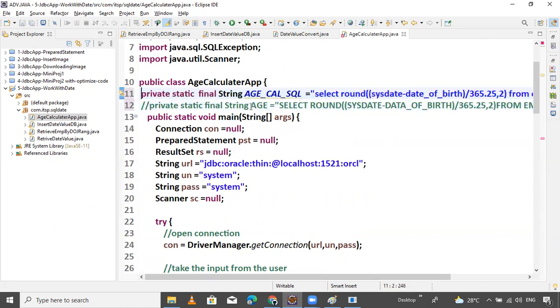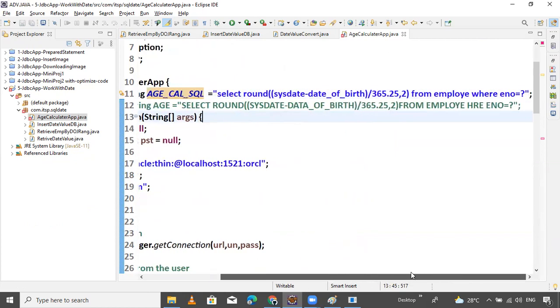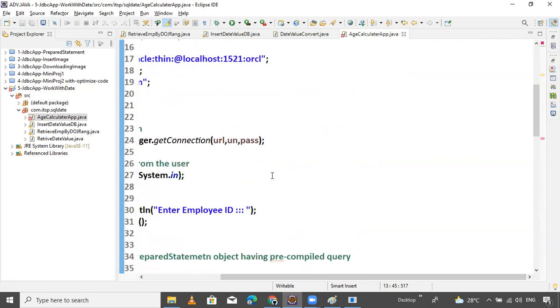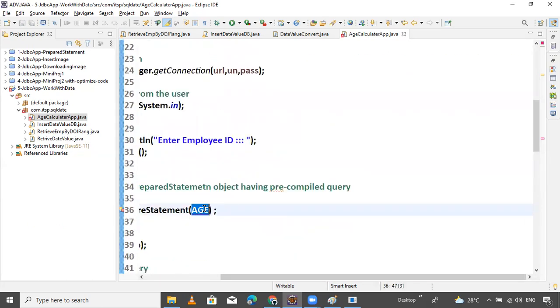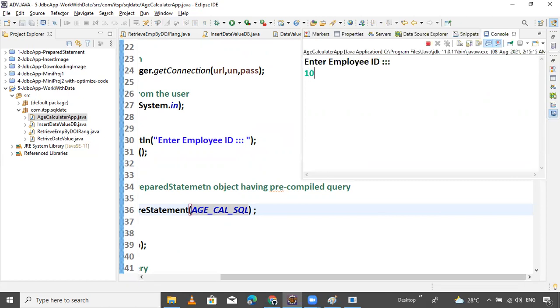Previous is our good query. Okay, inside this, closed it. Let's try, guys. Okay, now your program is executed.